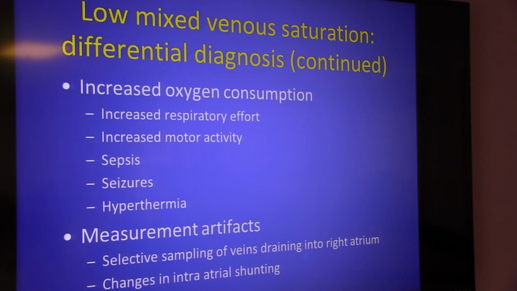And then what else? So we talked about decreased delivery. Then what things are contributing to increased oxygen consumption? So this is where one thing, for example, seizures can actually markedly decrease your SpO2. So if you have a kid that's having seizures, particularly if they're